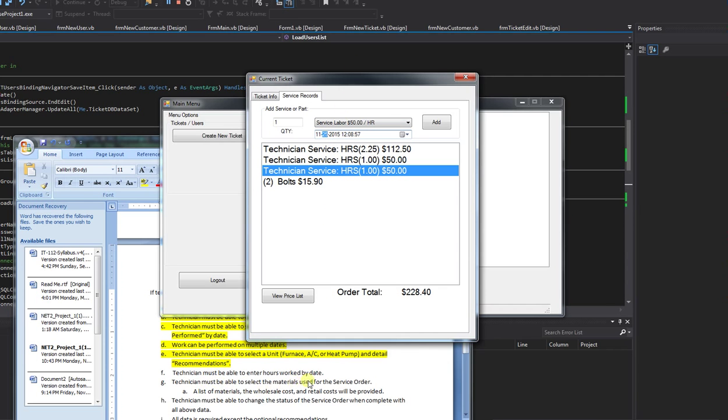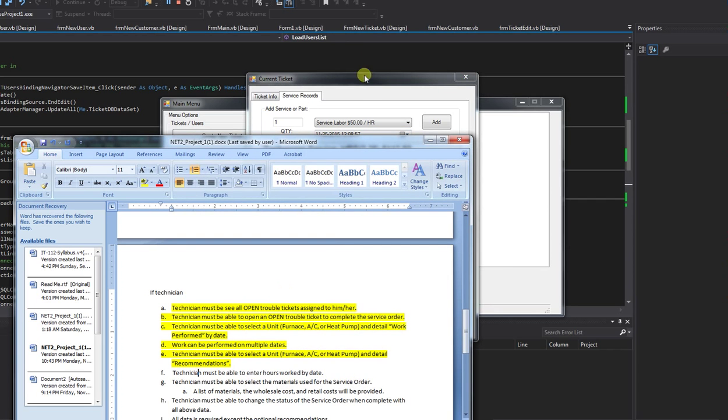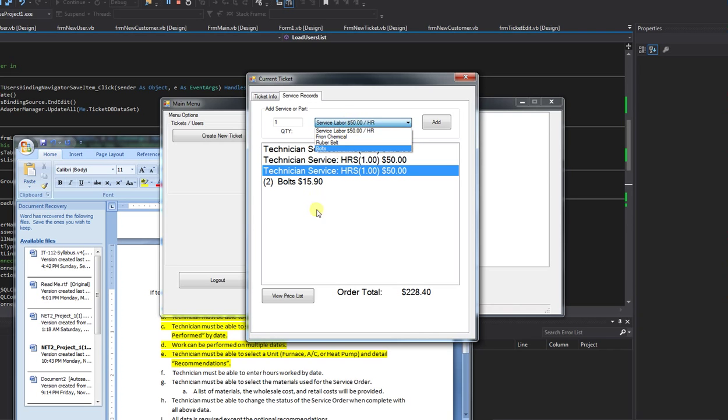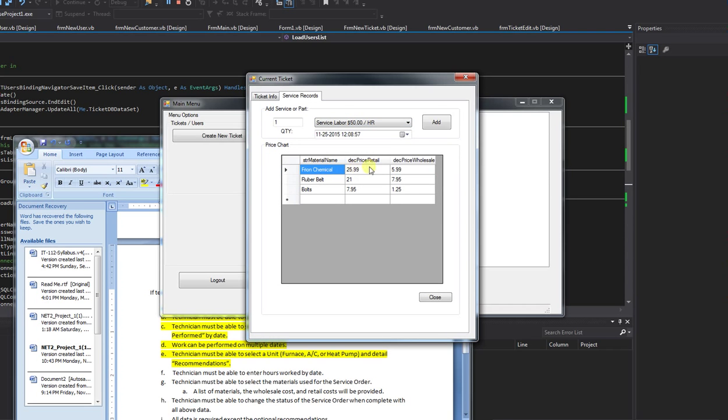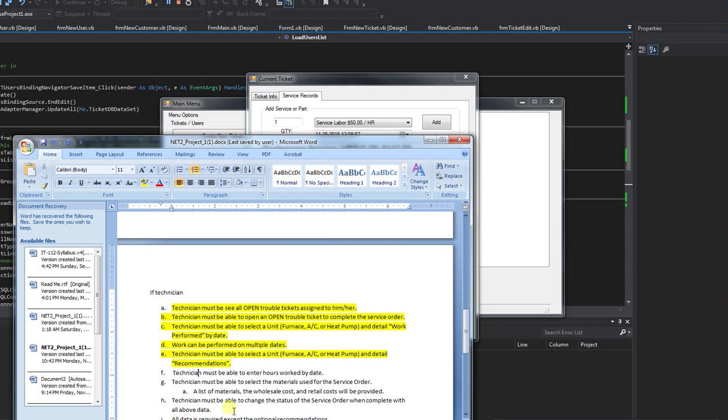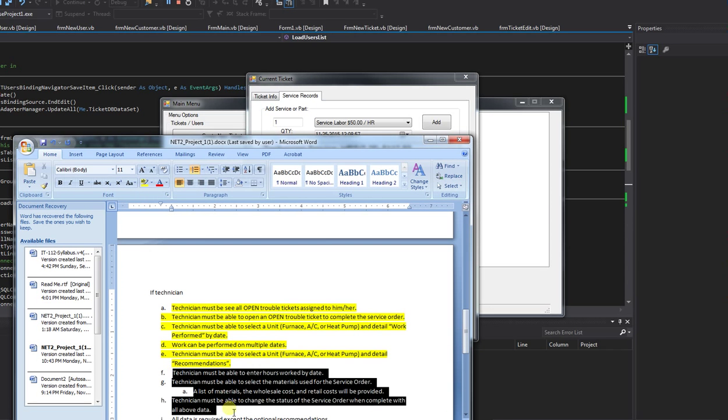Must be able to select materials used for service order, a list of materials or wholesale. So this right here is covered right here. You got your list, and then you have your wholesale right here. Retail, wholesale pricing. So there's that. Okay, you don't need to see that. And all data required